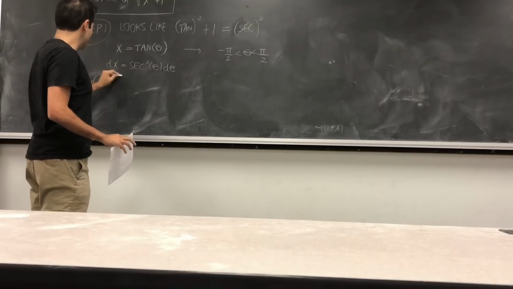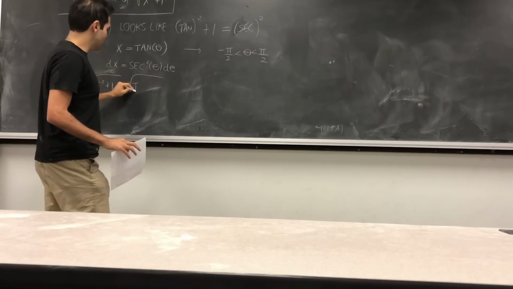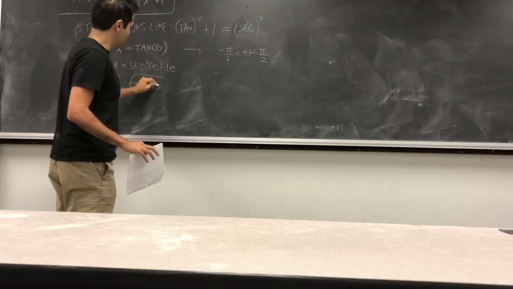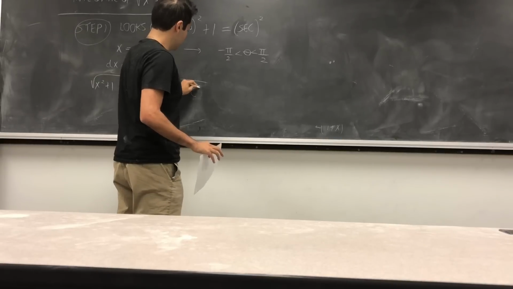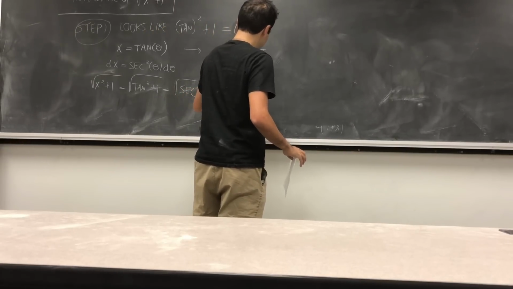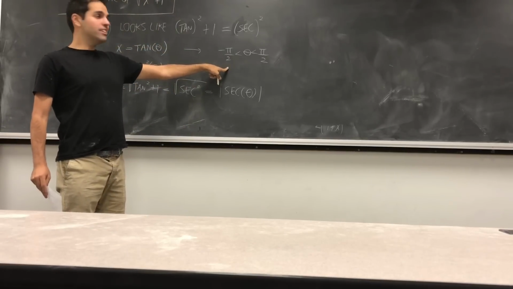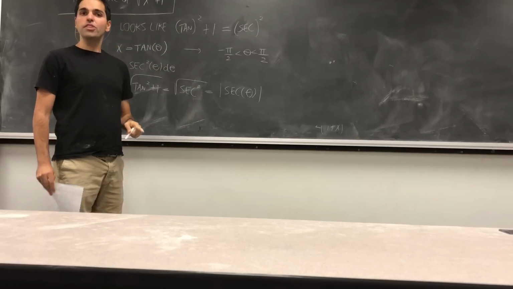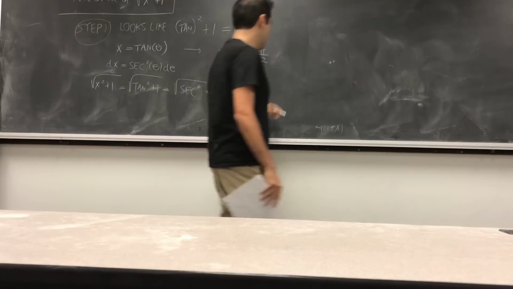And the square root of x squared plus 1 is the square root of tangent squared plus 1, which is the square root of secant squared, which is the absolute value of secant of theta. And in fact, here is where the fact that theta is between minus pi over 2 and pi over 2 comes in handy, because